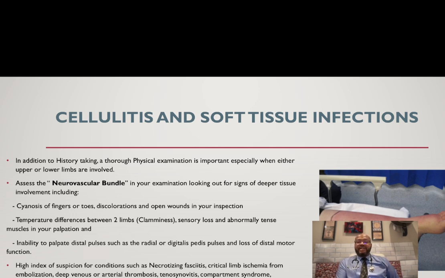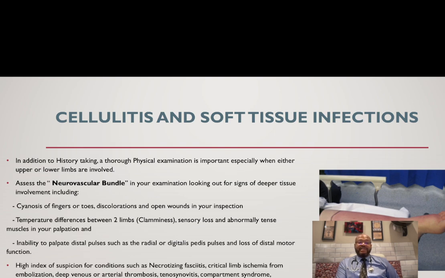Let's move on to cellulitis. This is an interesting one. People who come in with soft tissue infection. So in addition to taking a thorough history and examination on how it started and which limbs were involved, you have to assess the neurovascular bundle in your examination. Very important. Look for signs of deep tissue involvement like cyanosis of the fingers or toes, discoloration, open wounds in